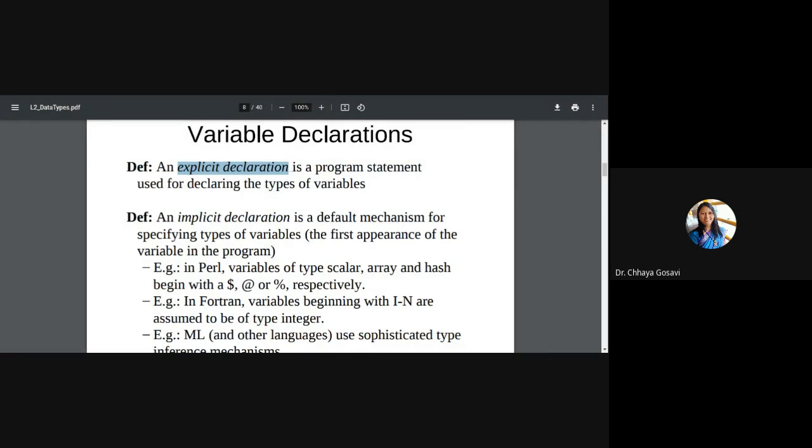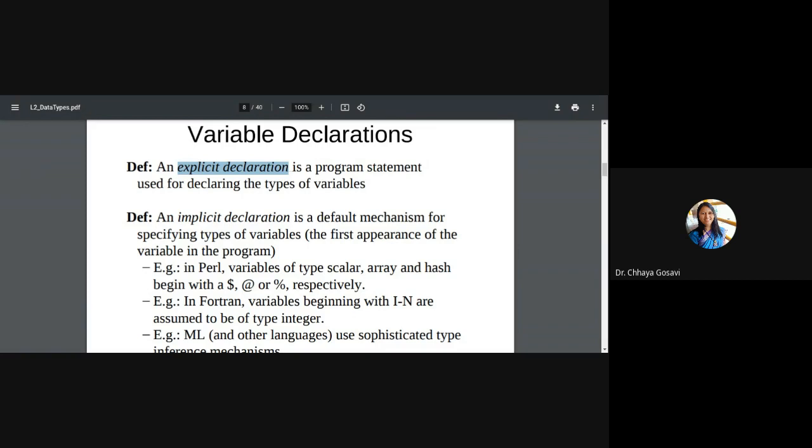As a user, if I define variable integer a and at some program point, I have to use variable a with another data type, it will show me an error. Variable is already declared. I'm not able to redeclare that variable in the same scope. Redeclaration is not allowed. Or I have to remember that I have declared variable a as type integer. Otherwise, it will show a type mismatch error, right? So this is the disadvantage. The advantage is that it is already declared by the programmer, so it is easy for the compiler to match data types and it will reduce type mismatch errors.